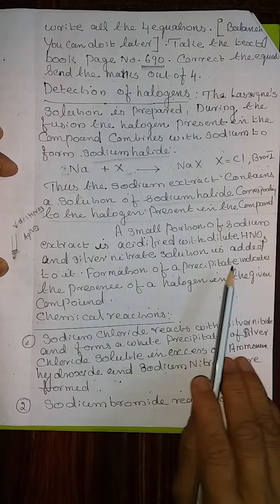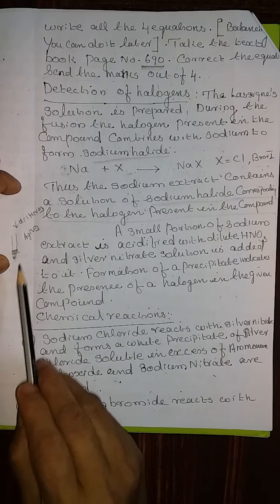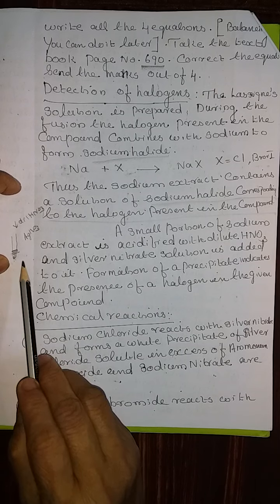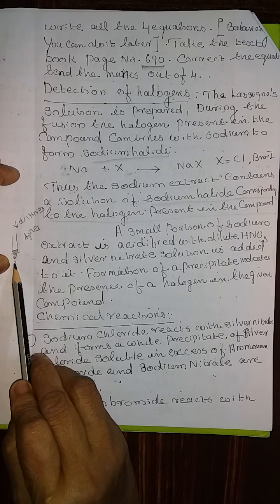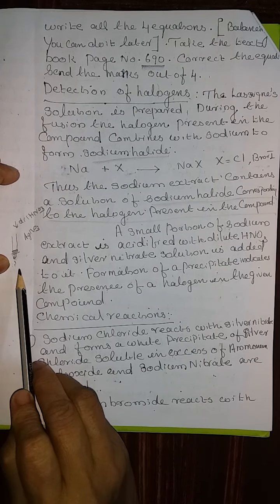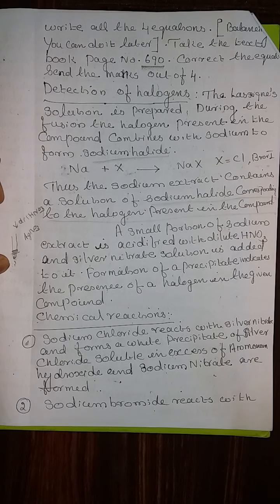You have already studied these three tests, but when you write the equation, below the precipitate compound write the color of the precipitate, and whether it is soluble in ammonium hydroxide, insoluble, or sparingly soluble, in the equation itself. Therefore, you get a clear idea of the observation. For the examination, normally they ask what the observation is in these cases.